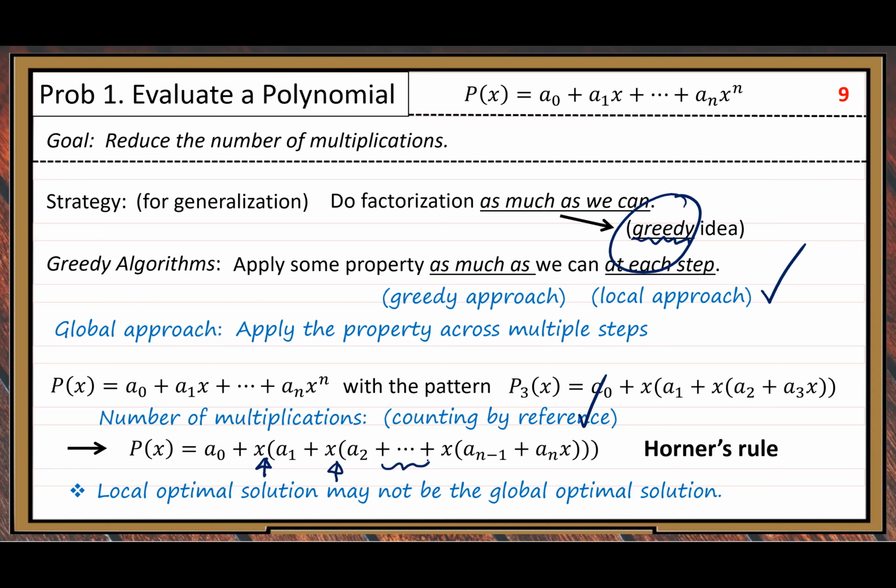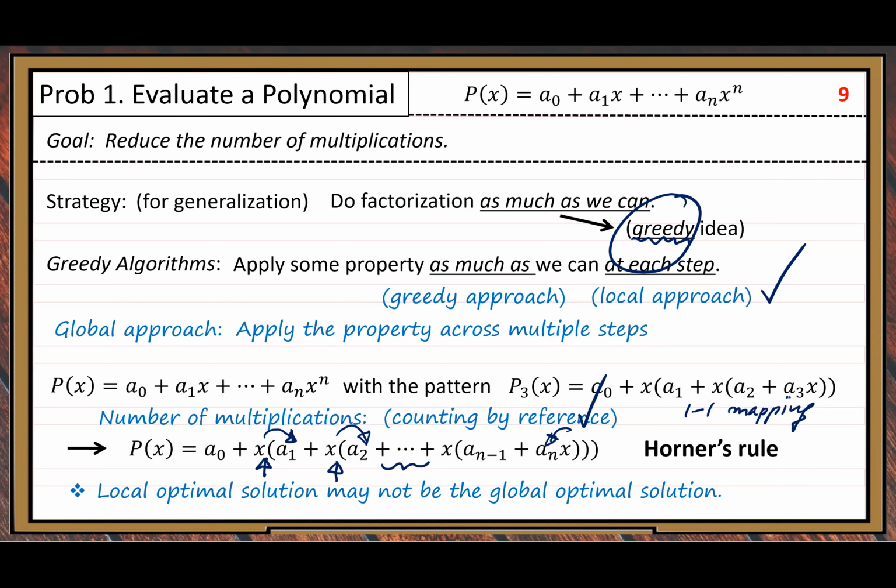The question is, how do we keep track of the multiplications? It's hard to keep track of the multiplications, right? We get lost. How do we find some way to help us keep track of the number of multiplications? Find an appropriate reference. Can we associate the first left parenthesis to the first subscript, A1, that 1? Can we associate the second left parenthesis multiplication to the second subscript, A2, that 2, and so on? The last multiplication, can we associate it with the last subscript, A sub n, that n? If you can find that kind of one-to-one mapping relationship,